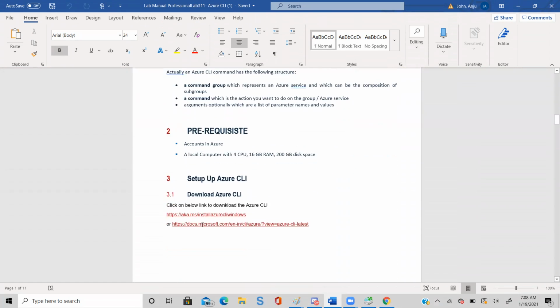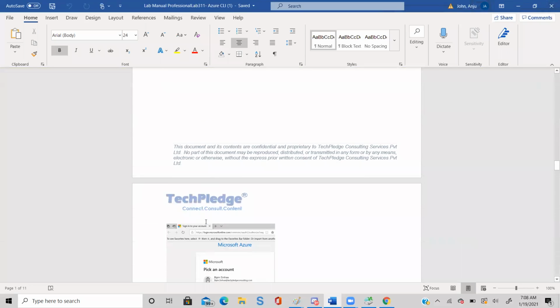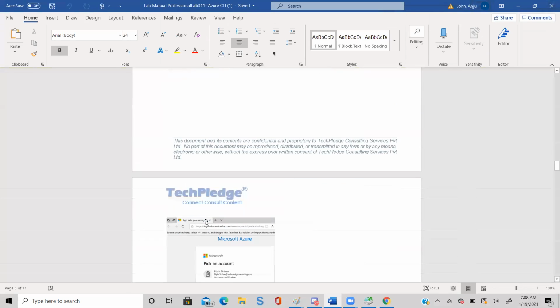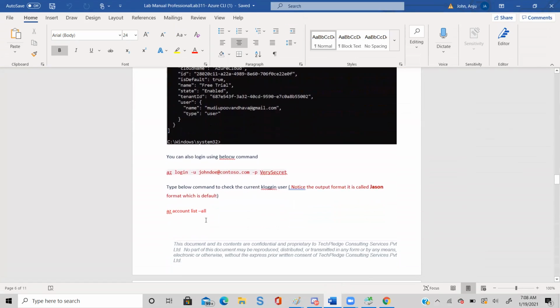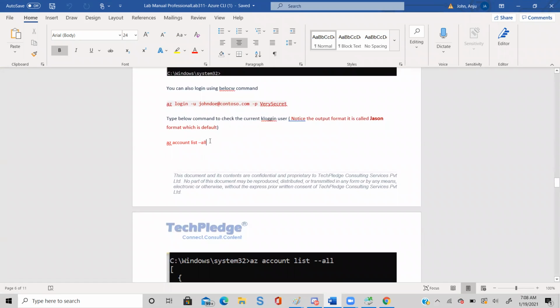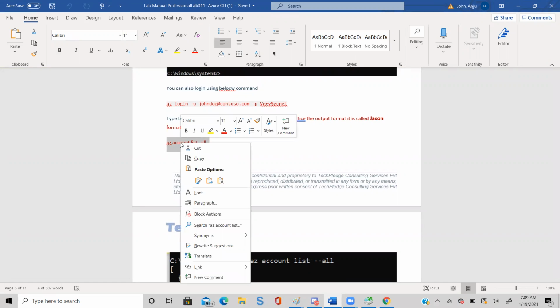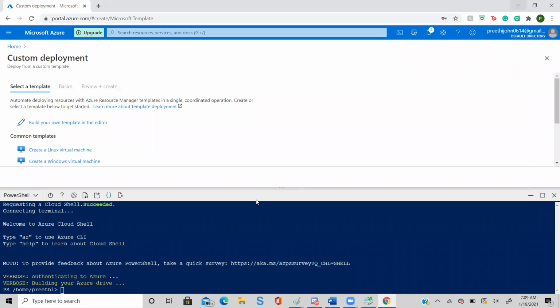So now here, this step is not required because everything is there. Just run this command. You say account list hyphen hyphen all. So come here.